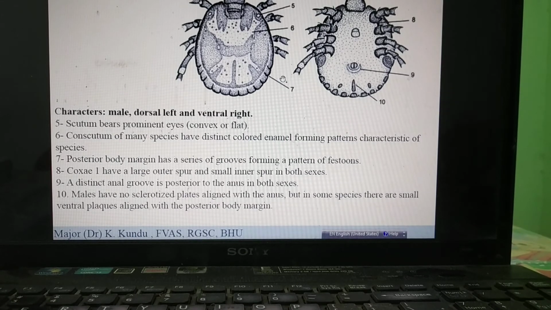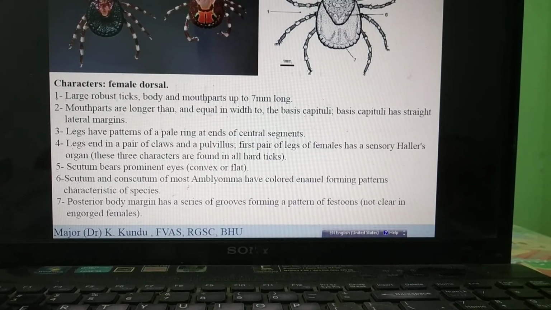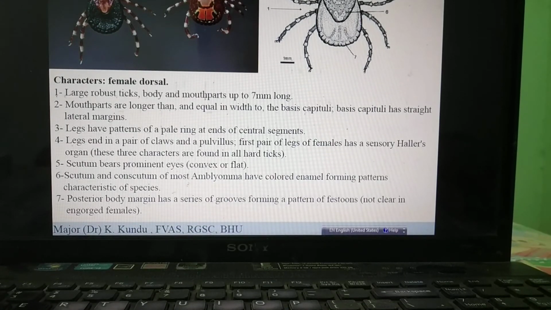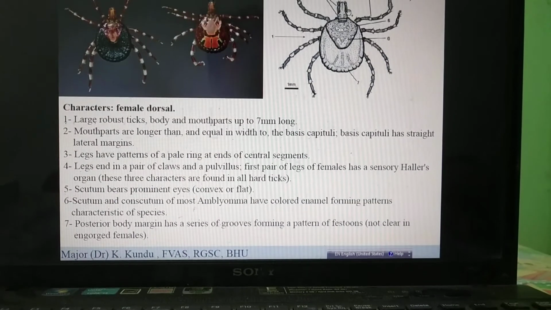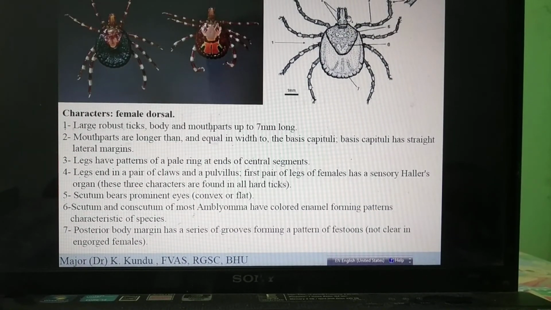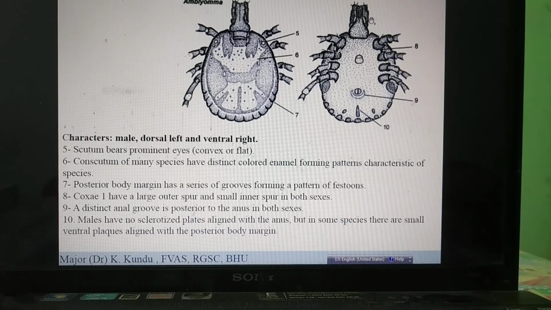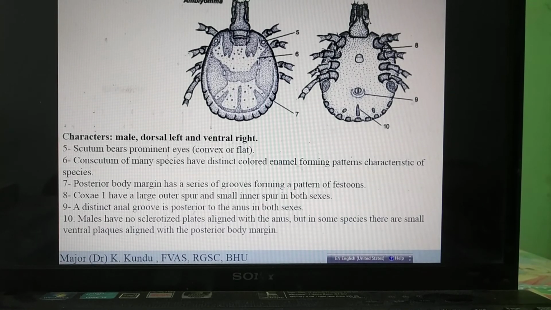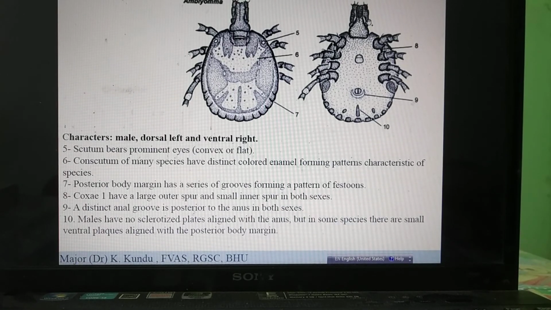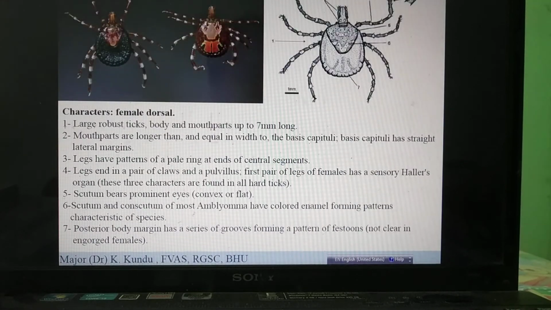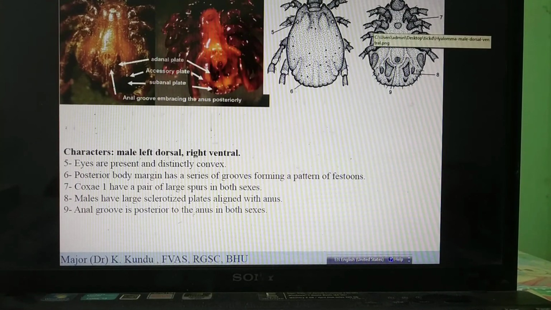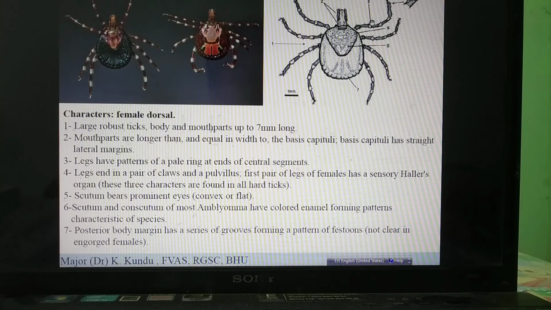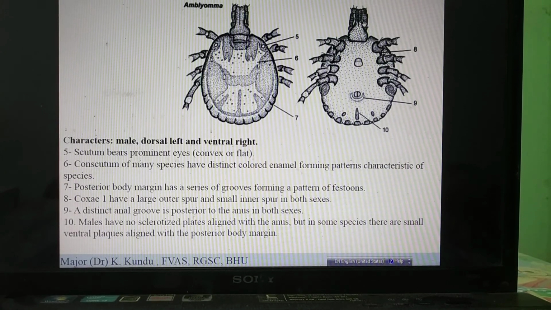on two important structures. In case of females, if you see the second palpal segment, this is the second palpal segment. If you look closely, the second palpal segment has got a gap. Okay, let's come to this. You see, so this is the second palpal segment and this is the median hypostome. You see the second palpal segment and the median hypostome has got a gap in between them. There is a small space, but in case of hyalomma, this gap is almost absent. You don't see the gap in hyalomma, but in case of amblyomma, the second palpal segment and the hypostome has